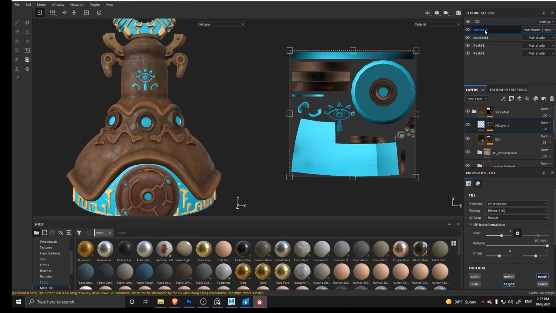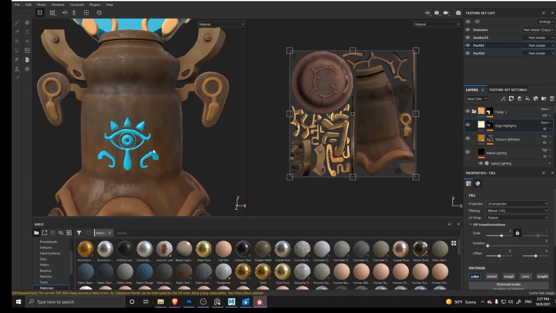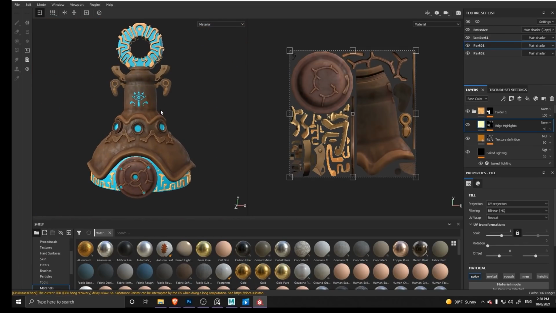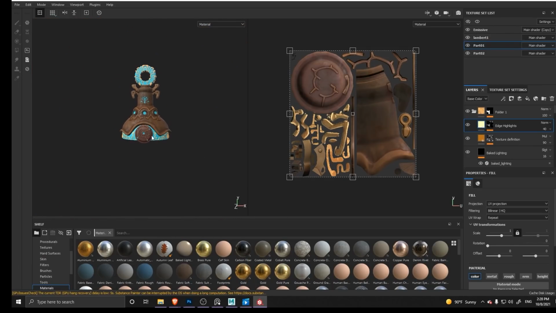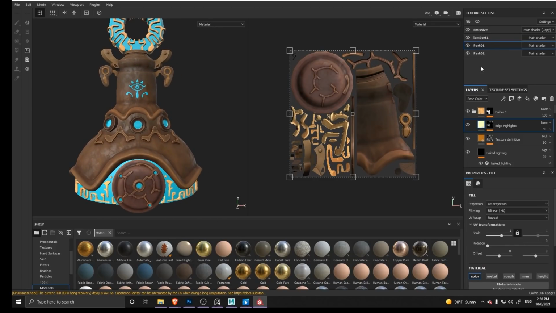I separated this out in 3 parts, one for the emissive, and then I separated this in 2 parts. I just tried to cut it up into 4 pieces and do it in a symmetric way. This can result in some problems, like a little bit of a butterfly effect. Since my camera was going to be far away from it, I just figured that it wouldn't really be noticeable from a distance, so I went for that just to save up on a little bit of memory.